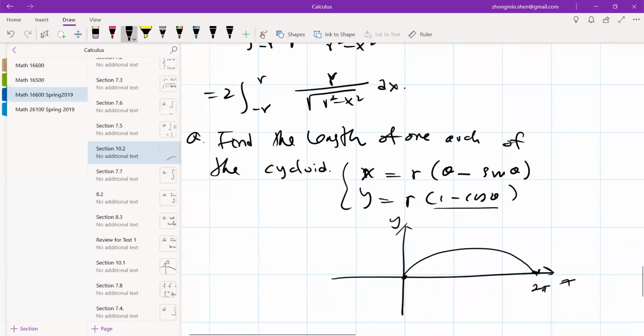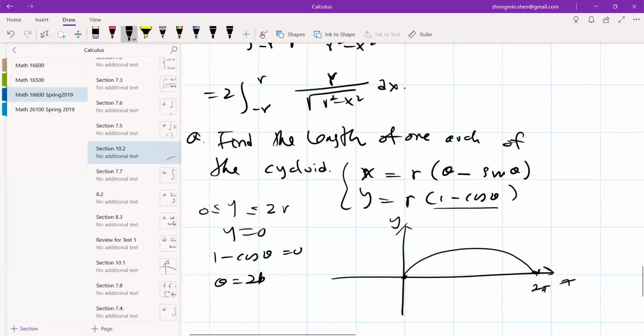So 1 minus cosine theta can never be negative. Y is always positive, greater than or equal to 0, less than or equal to 2r. So when y equals 0,